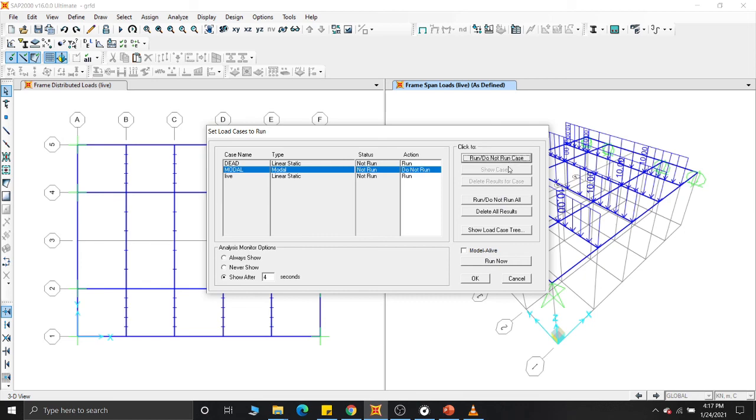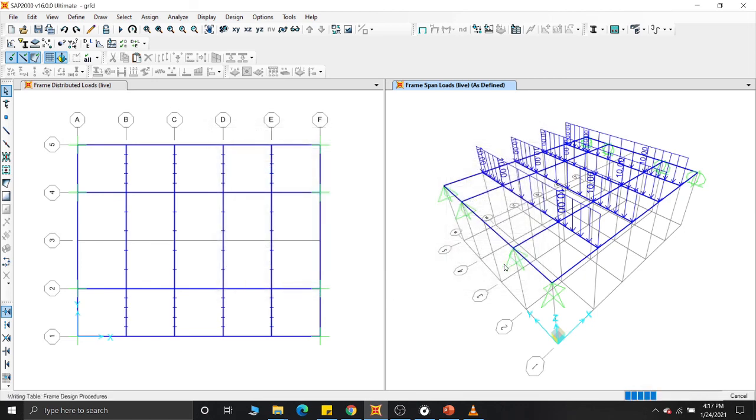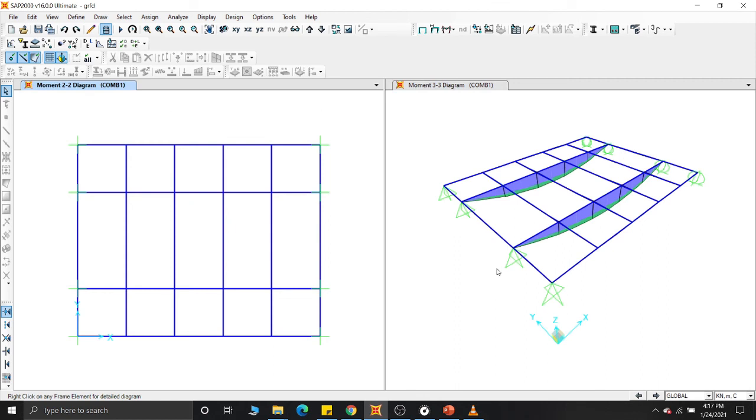We do not need the model run right now. So if you run this, you will see the moment diagram and the shear force diagram. So whatever the torsional moment of this bridge system would be the addition of the torsional moment on these two I-girders, and whatever the bending moment that you get in this bridge system, in this bridge, will be the addition of the bending moments of these two rectangular beams as well as these two